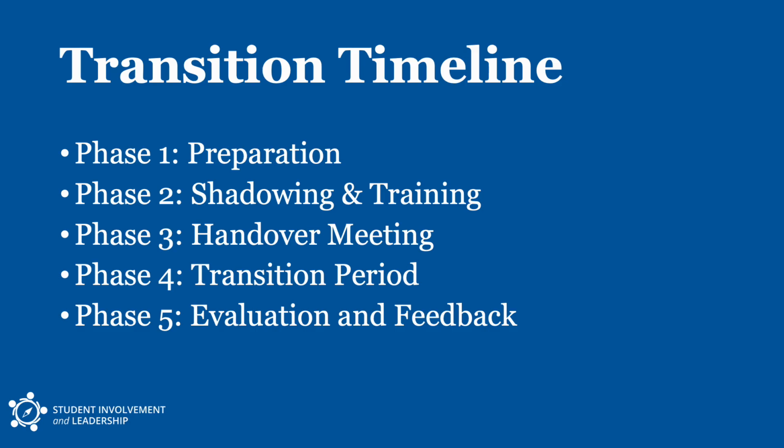And the last phase really comes at the end of the first month of the new role for an incoming officer. The incoming officer is going to make sure they create some feedback loops that strengthen the organization's transition practices for future leaders. So considering your transition as an incoming officer, what went well during this transition period for you? What would you have done differently? What questions do you still have? You want to write those down, and that's going to be your evaluation and your feedback loop